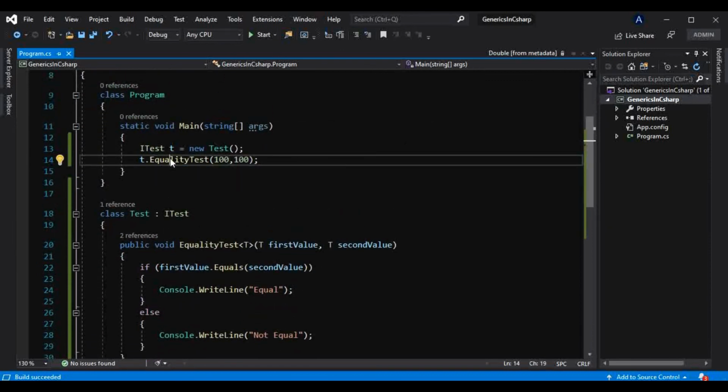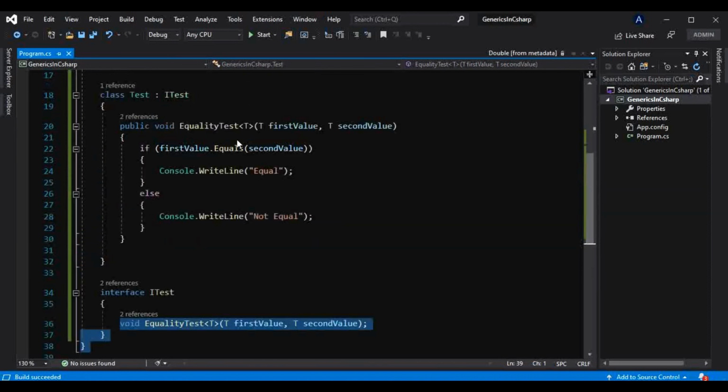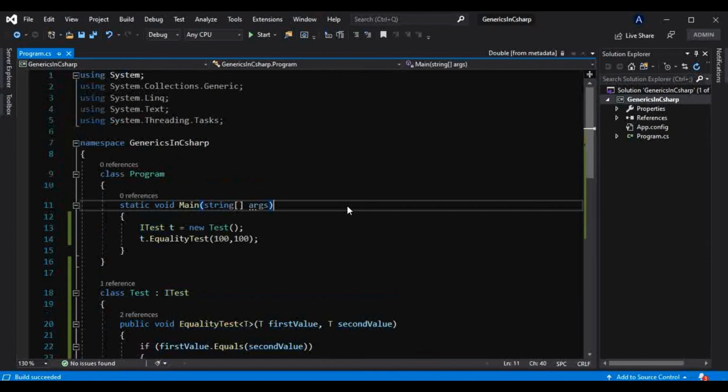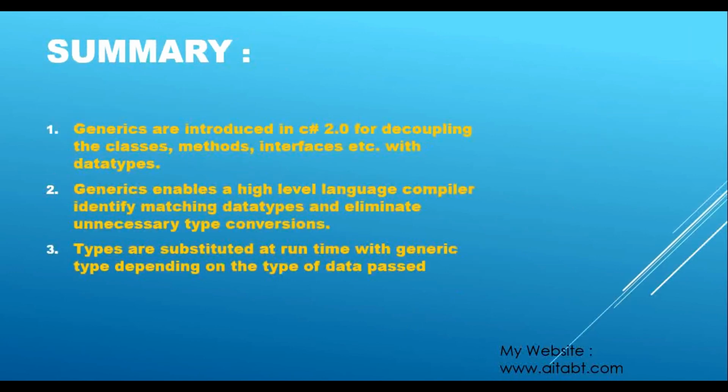And now why we use interface? If I go to the definition, it is redirecting us to the definition and not the implementation, and that's what we have learned, what is abstraction. And this is nothing but generics, how we use generics and why we use generics in C#. Okay, so let's just quickly see the summary.